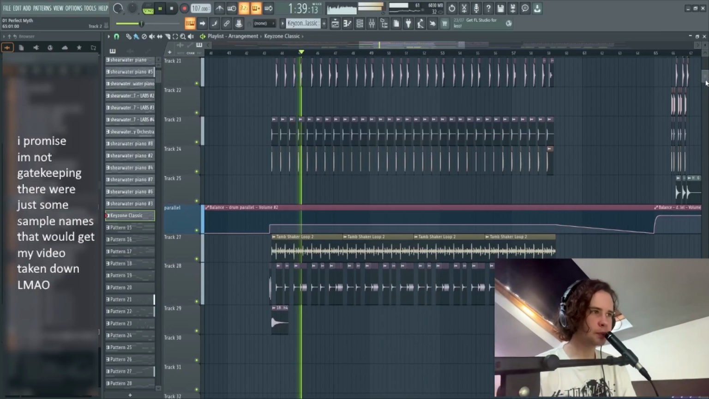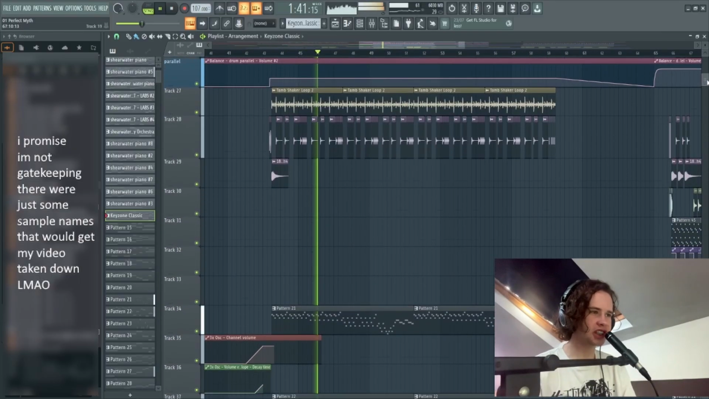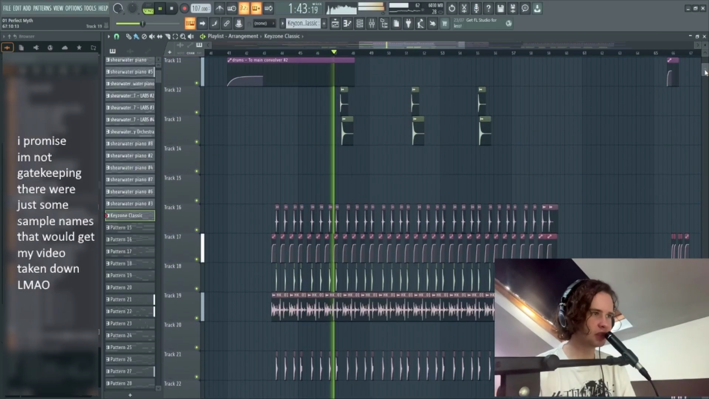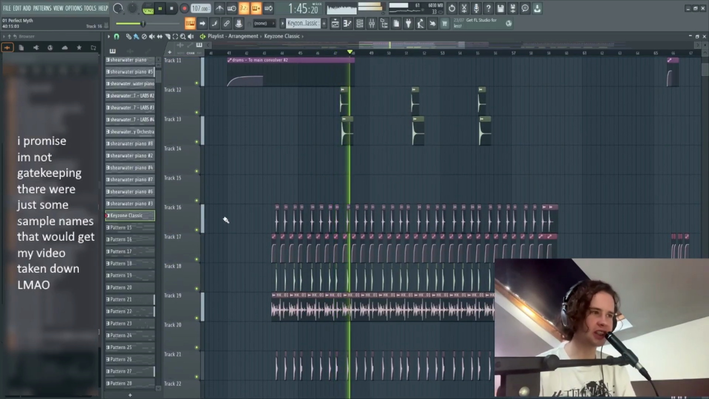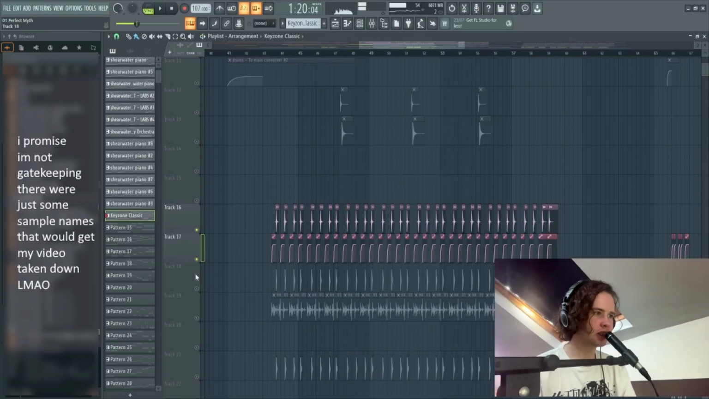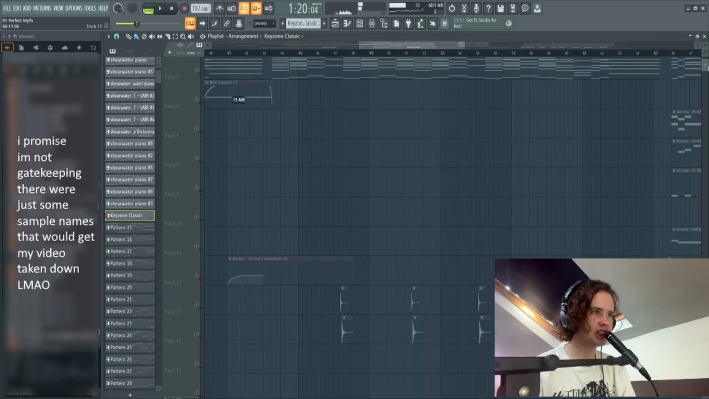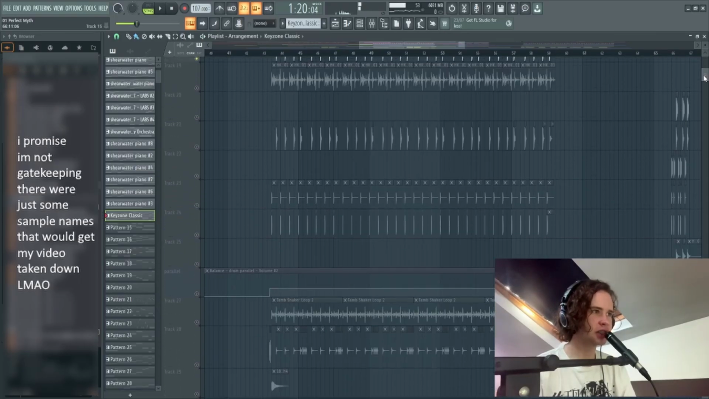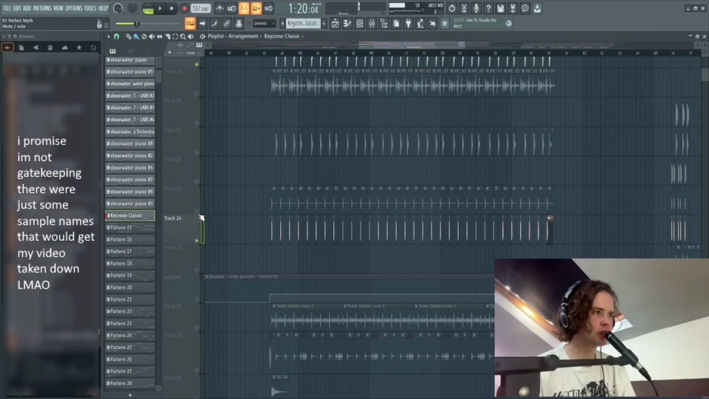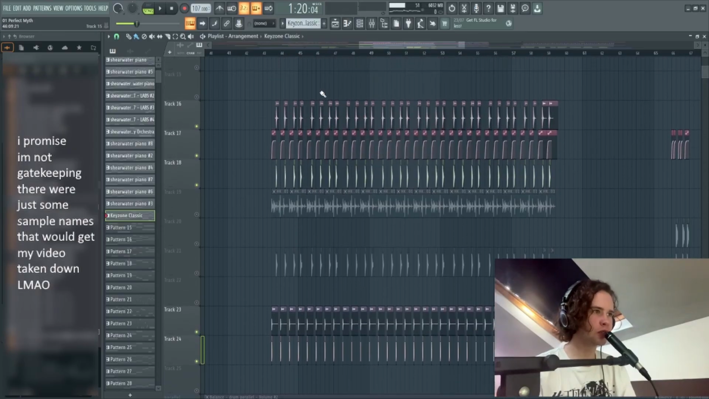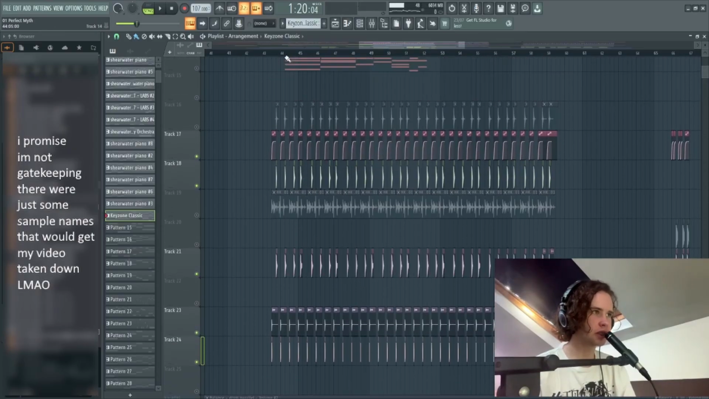And here is where the drums, I think, start to get a lot more interesting. I think the drums as a whole are one of the most interesting parts of this track. So I'll start by just soloing the kick and the snare, so you can hear what the core of this drum groove is. And that's